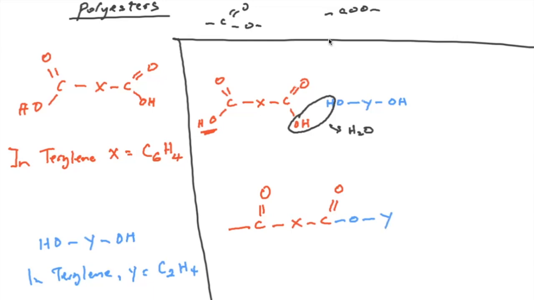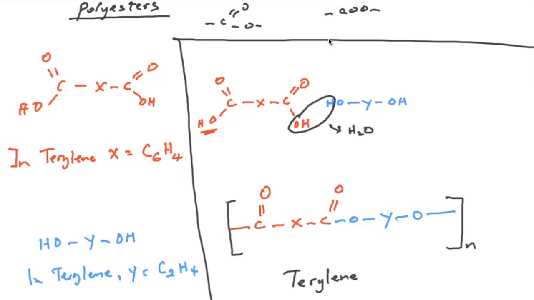And then we'd have the Y, which is the variable group in the dialcohol to be more specific. And then after that, now we would have our O, and we'll leave it there, and then we'd have a bond, or what we call a sticky end. Now we put this in bracket, and we put an N around it, and this is representing the structure of terylene,